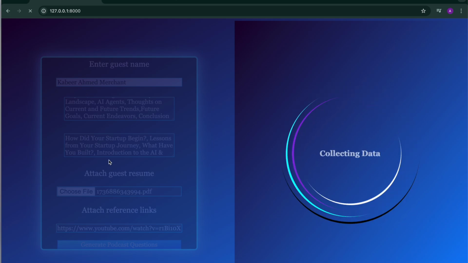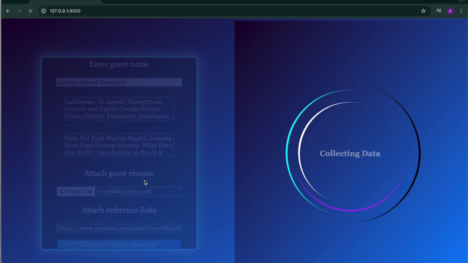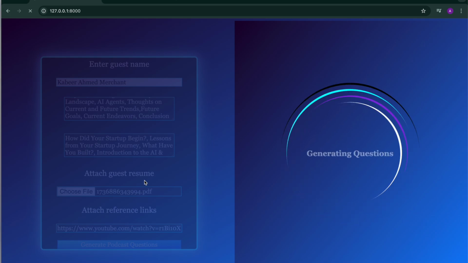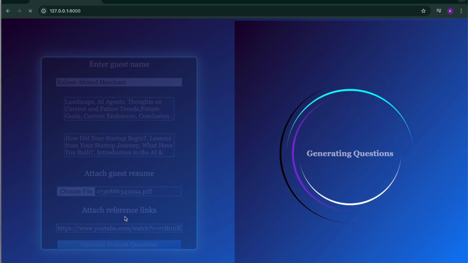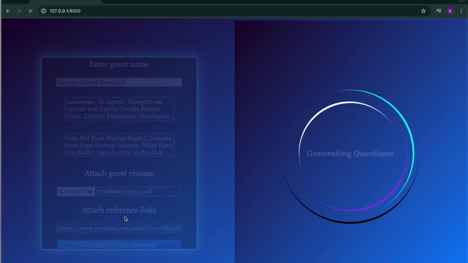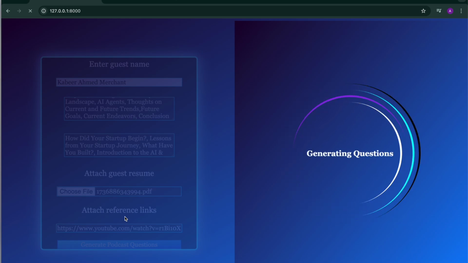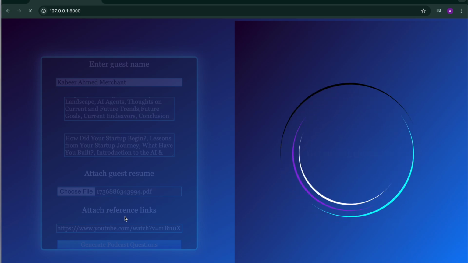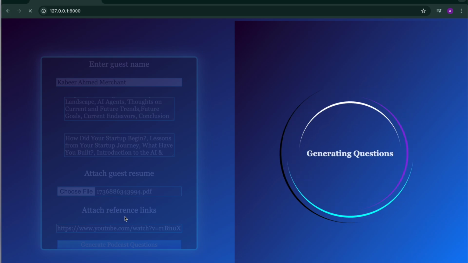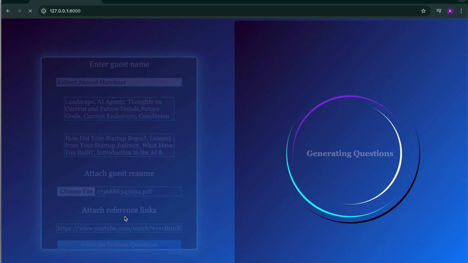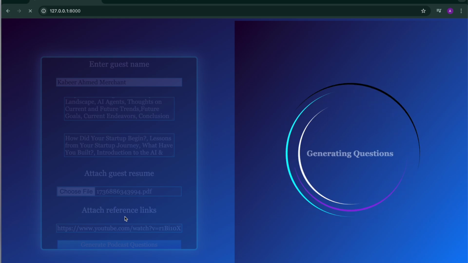name of the guest, topics to cover, main topics, then guest resume, which has been converted to basically our JSON format, and team related data from our attached reference links. That is, this data is taken as input, and an output is viewed. That is all that happens, and the output is then simply put into a PDF, and you can simply download